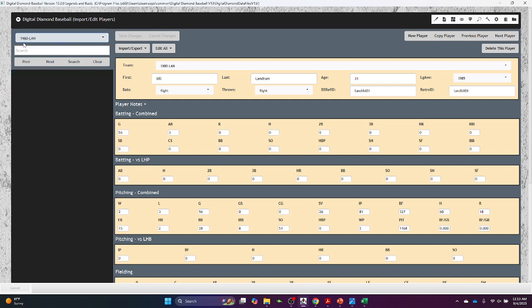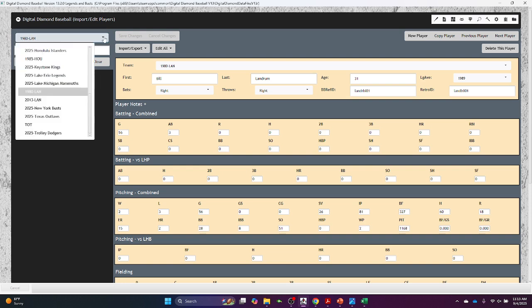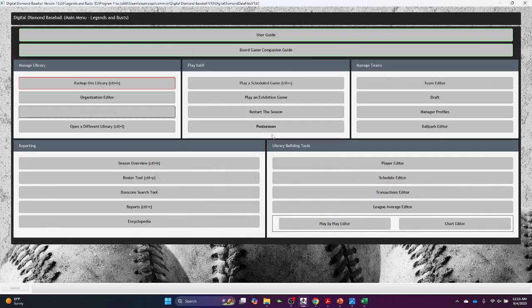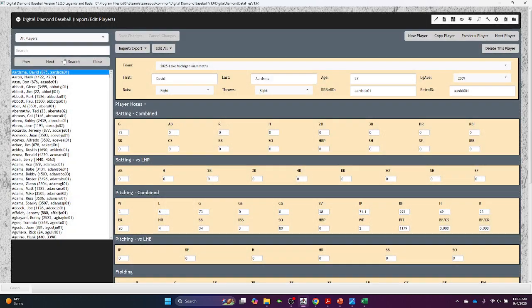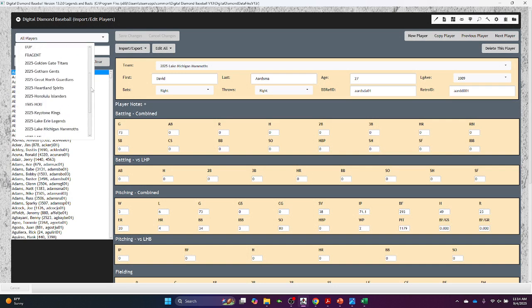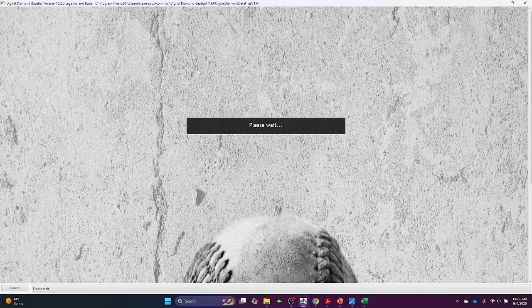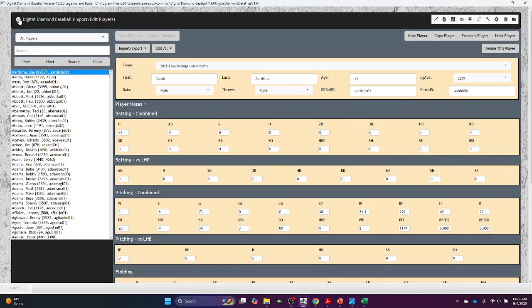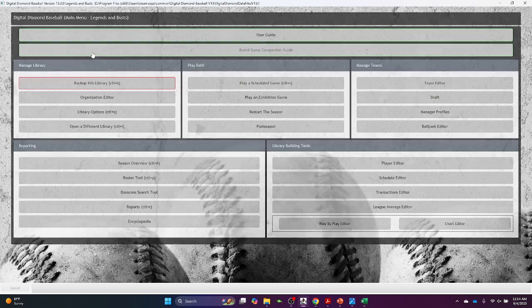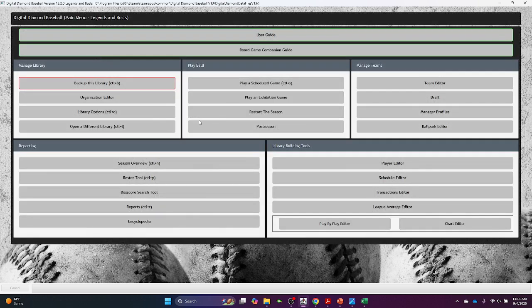And see if he's there. Once again, this is a little glitch: they don't appear until you actually exit. You exit this portion of the game, and then you go in, and now you see yes, he has been added. So delete him, select player, done. Okay, so yeah, that's pretty much it for how I've created my own Legends and Busts library